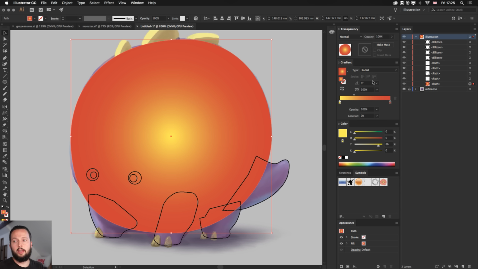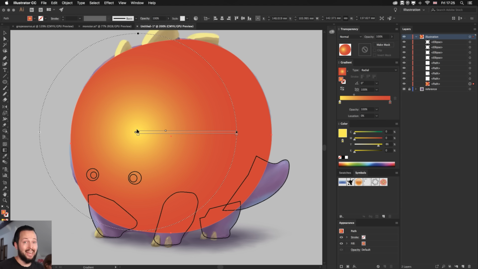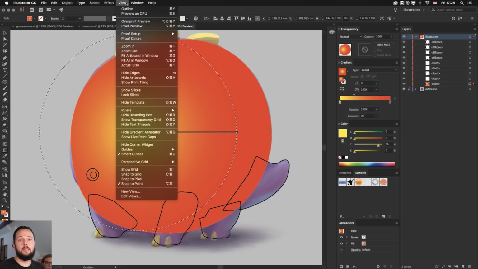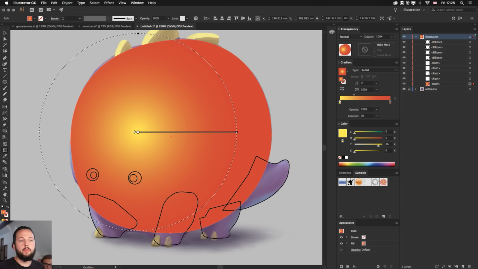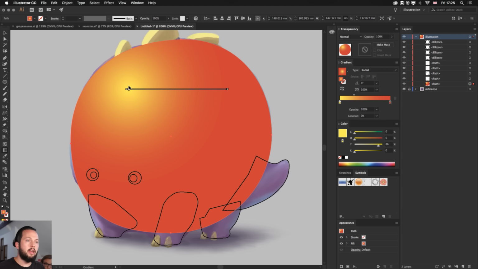And the way you do that is by pressing G on the keyboard. That gives you the gradient tool. Now you see this thing called the gradient annotator. You can also get to this from the View menu. If you have the gradient tool selected and you don't see this, just go to View and Show Gradient Annotator. Once that's visible, you can drag the center point of it to reposition it,